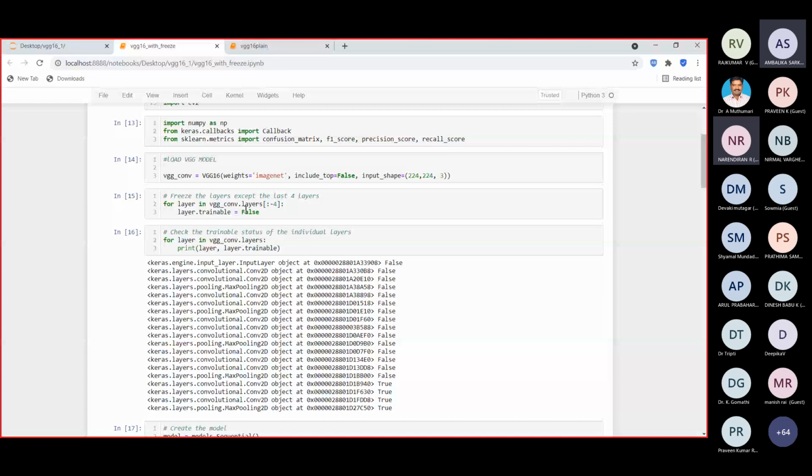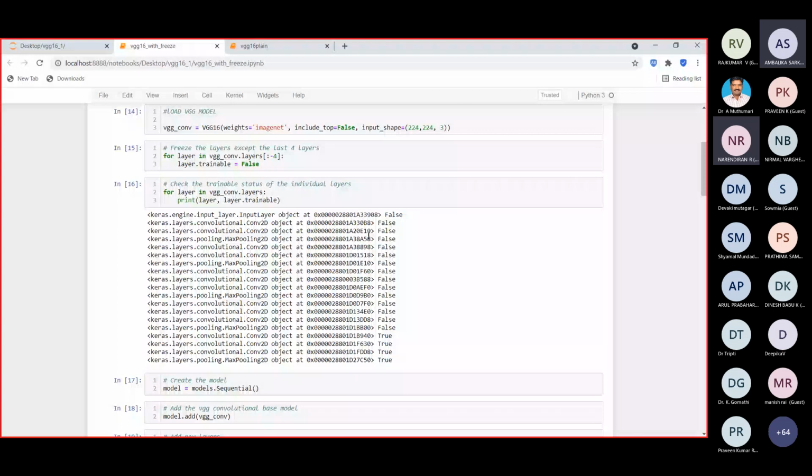You see, without freezing, if you see the status, all are true because I have not frozen any layers. So I have used all the layers for training. So check the trainable status: all the layers are true. But coming to here, I have included this line for freezing the layers. I have given -4, so all the layers must be frozen except the last 4 layers. So only the last few layers are kept trainable and the others are made frozen here.